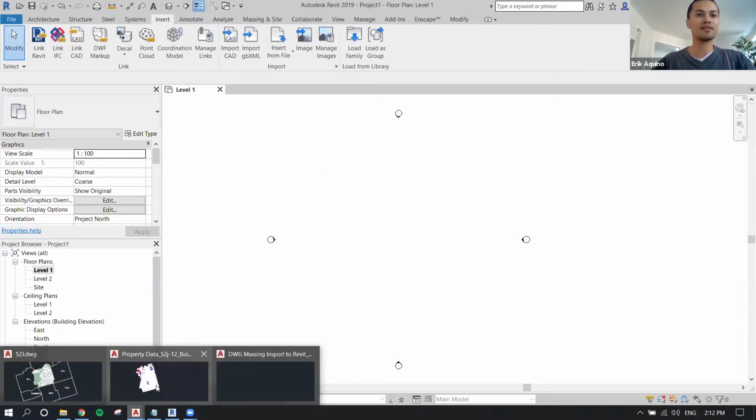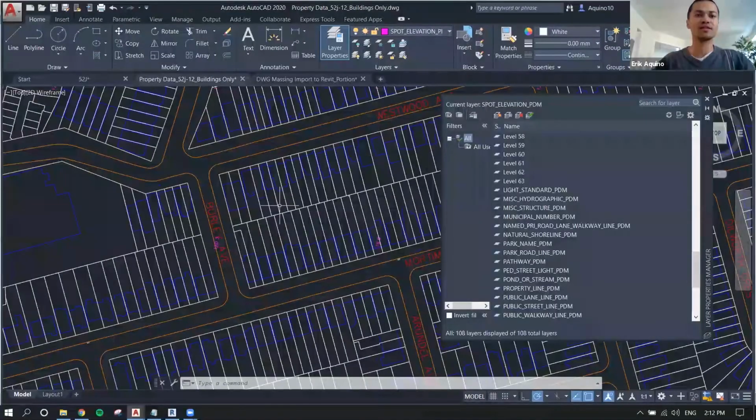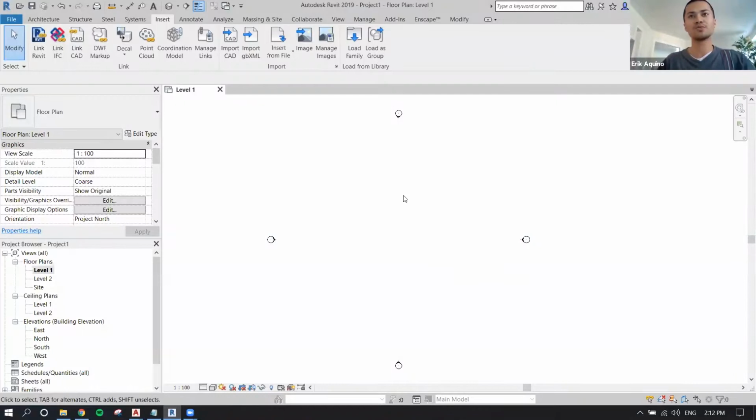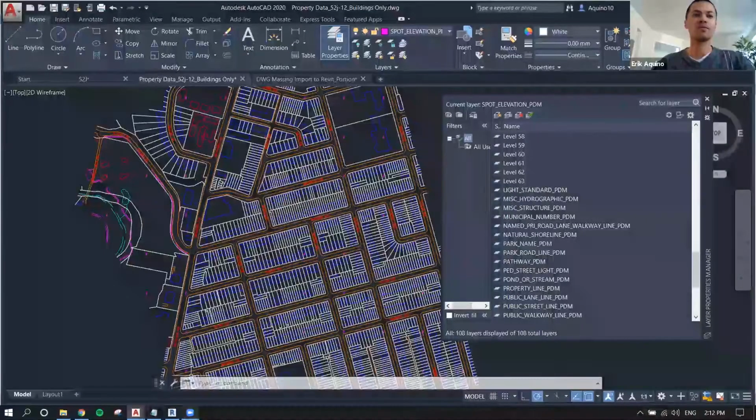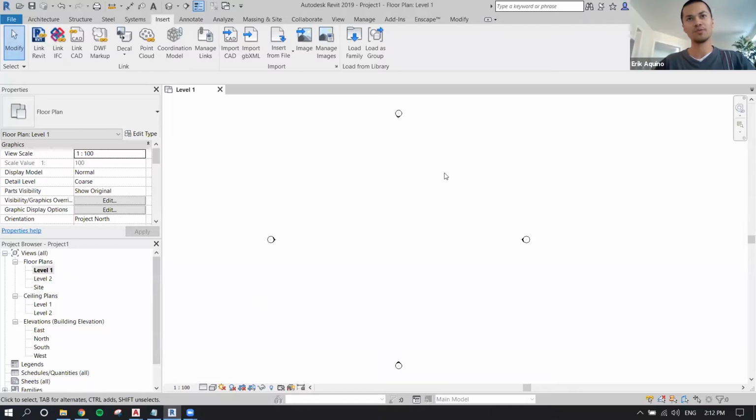So I'm taking all these lines that I've selected, bringing them into Revit, but there is no link retained to that reference file. So any changes made to this AutoCAD drawing hereafter will not be able to be loaded into Revit. So the benefit of linking over importing is that you maintain that relationship between those two files,